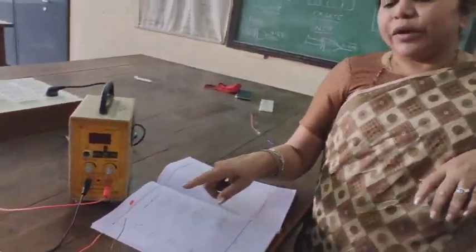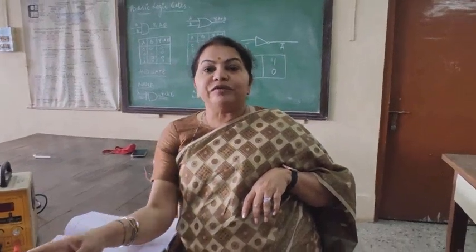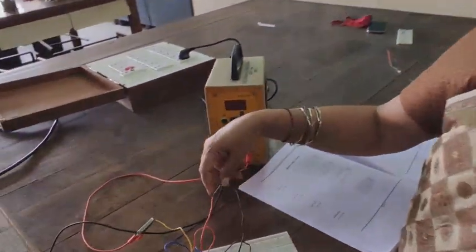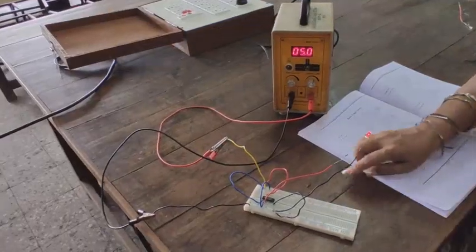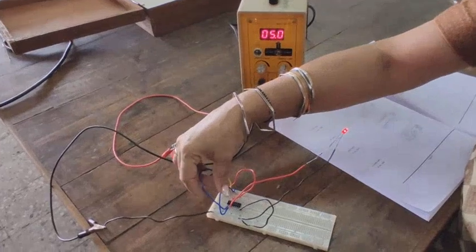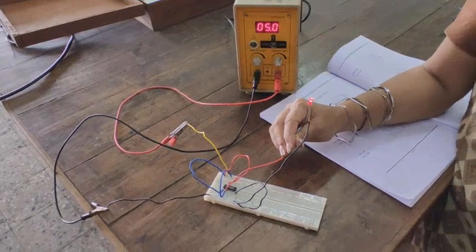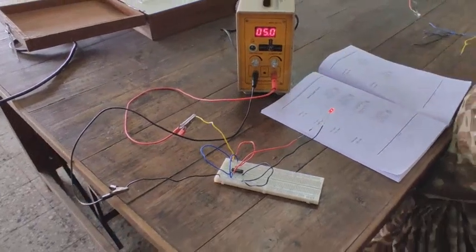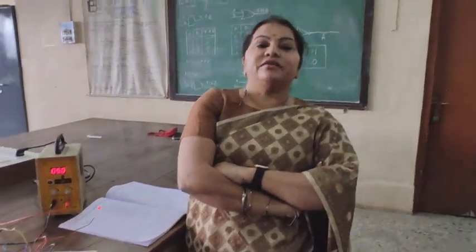Now my dear students, for the AND gate, when both the inputs are 1, then the LED will glow. So we will just see how the LED glows when both the inputs are 1. Well, now what can you see? When both the inputs 1 and 2 are 1, my output is 1. So this is the sign of high output. We have verified all the 4 options of my truth table for the AND gate, and I will say that my AND gate is verified.